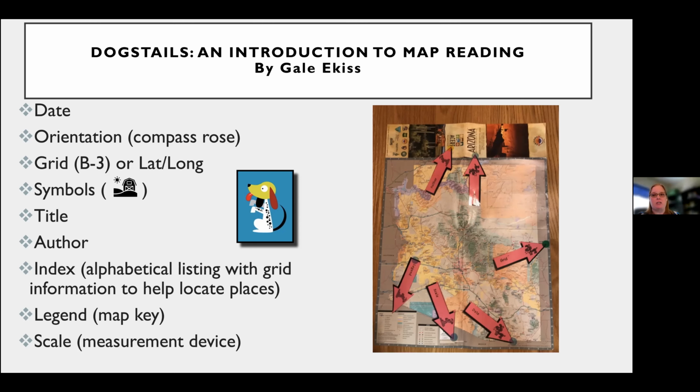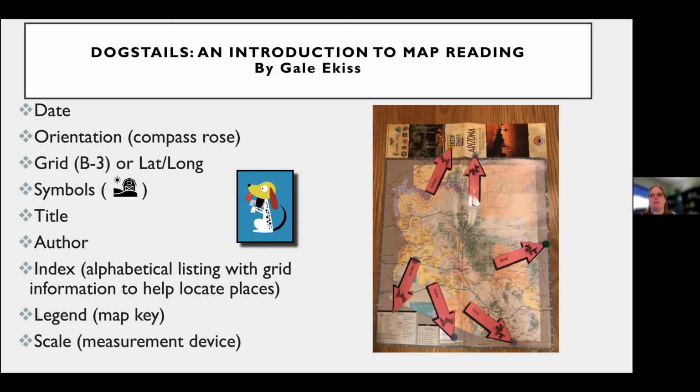The legend and scale. Now, I know you guys are all third grade teachers, but if you go even further, maybe you've got some honors kids, you could talk about the situation of the map. What are we talking about? Is this highways? Is this earthquakes? What is this map about that's giving you that story? So this would be the higher level, because with TOADS, you just break it down to a couple of the items, or you can use DOGTAILS.